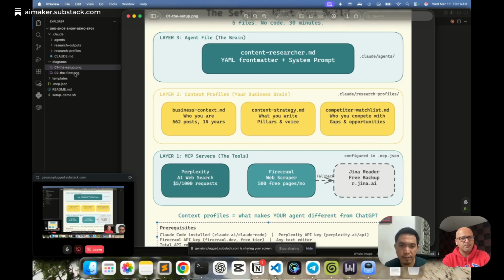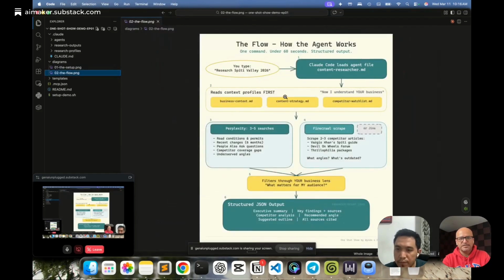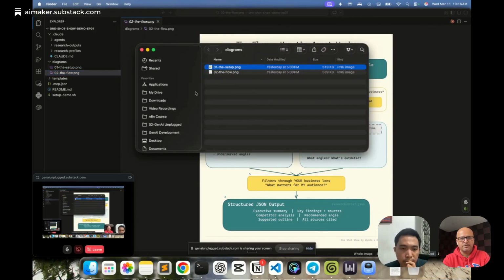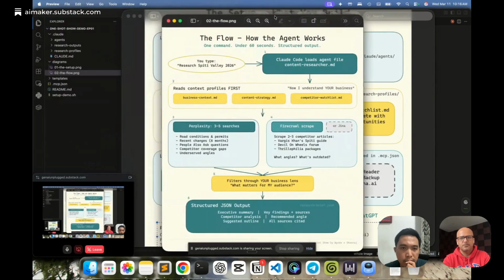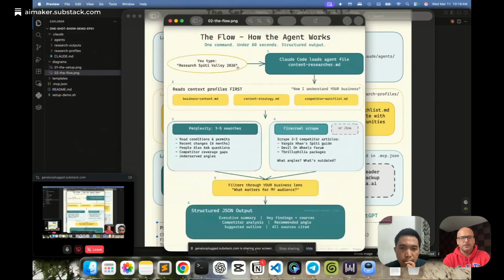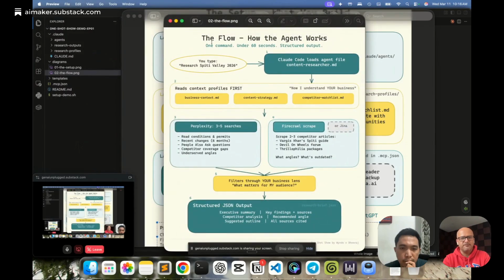Right. Yep. So now, before going into the demo part of it, just a high-level flow of how things work. So let me open this as well from the preview. This is how the flow looks like. What we are going to do is type in "research Spiti Valley."